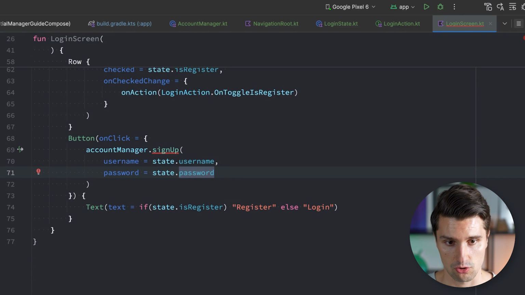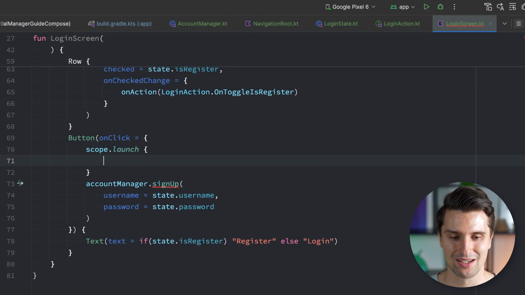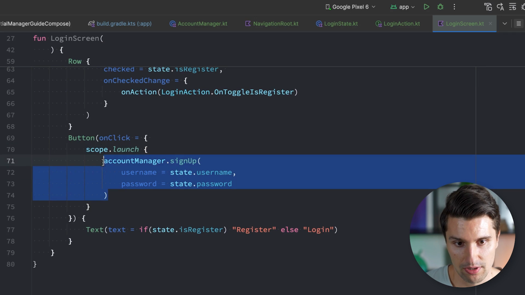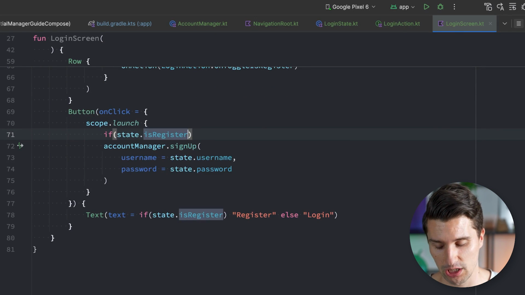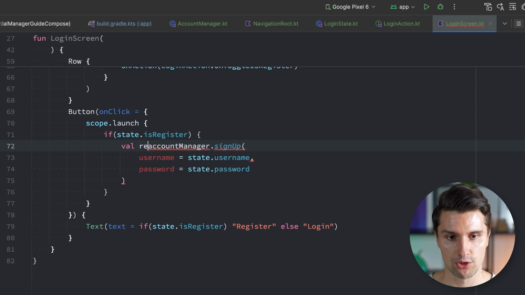Since, as I said, that is a suspending function, we need to execute this in a coroutine scope, which is why we created this scope reference initially. So in here, we can safely execute that now. Now we want to have a check that we only execute this call if we are actually in register mode. So we can move this in there, and we do get our sign up result here,